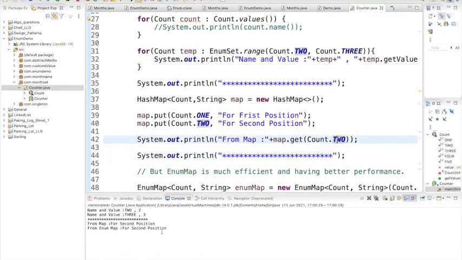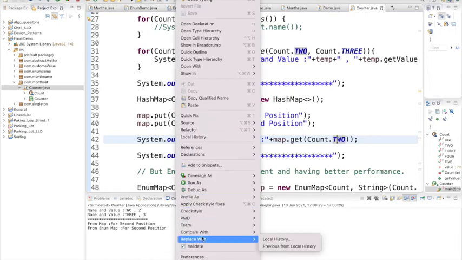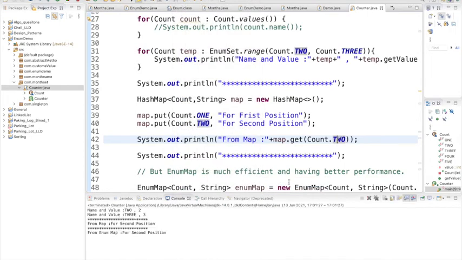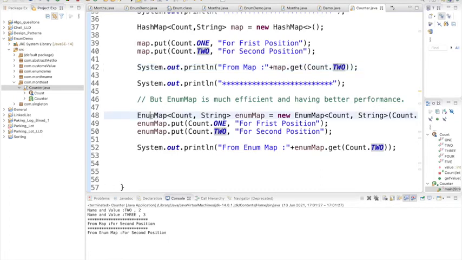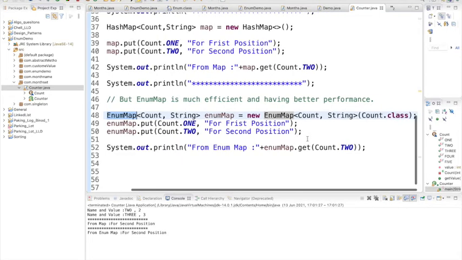Now you can see the output here. Whatever key I have given, it is coming. But the same thing you can achieve through the EnumMap also. Instead of the HashMap, you use the EnumMap, and the same put method you can use. The question is then why should I use that, right?